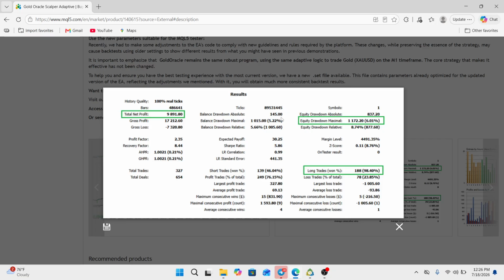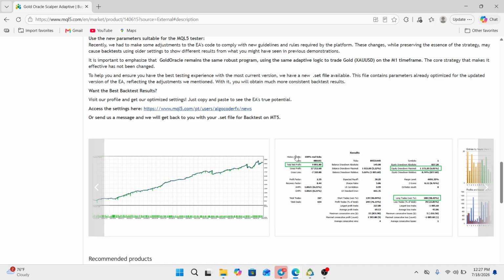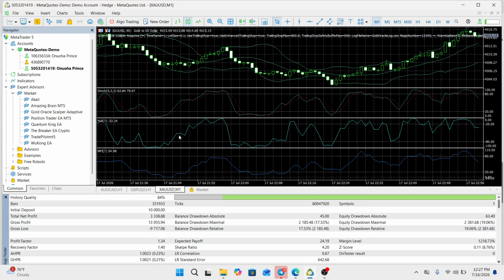All right, so the initial deposit wasn't specified, but over their period of testing, the total net profit was $9,891, and profit factor was 2.35, and the balance drawdown was 5.22%. Okay, looks pretty good, but let's now compare this to my own testing. I had the opportunity to test the EA myself,